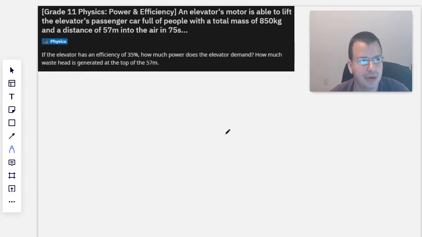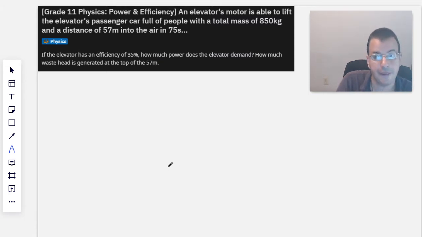An elevator's motor is able to lift the elevator's passenger car full of people with a total mass of 850 kilograms at a distance of 57 meters into the air in 75 seconds. The elevator has an efficiency of 35%. How much power does the elevator demand? How much waste, I'm going to assume that's heat, is generated at the top of